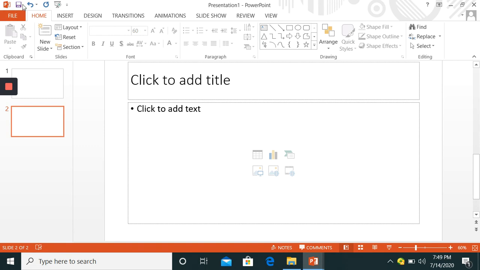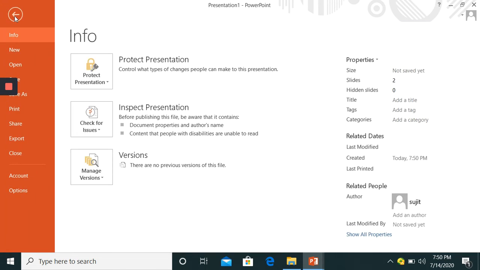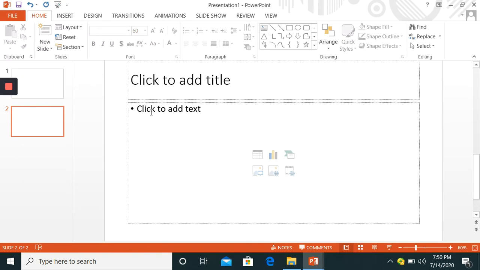The red color is the file tab. Now I am clicking on this. See, a screen appears. আমি যখনই file tab এ click করলাম এই স্ক্রিনটা appear করলো. This screen is called the backstage view. Now under this you will get different options: new, save as, print. You can print your project. Okay, different options.